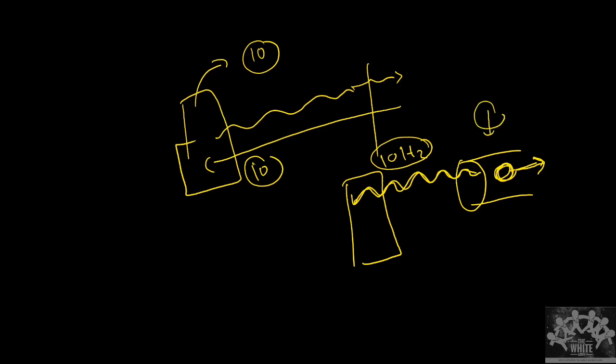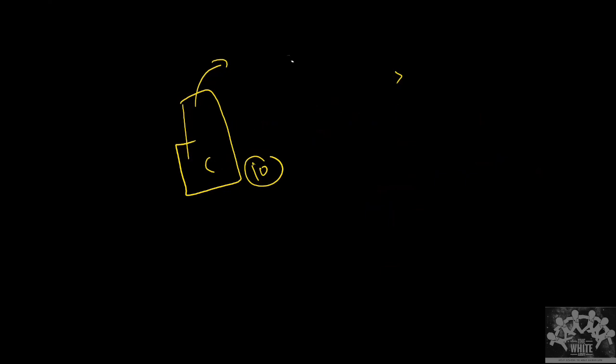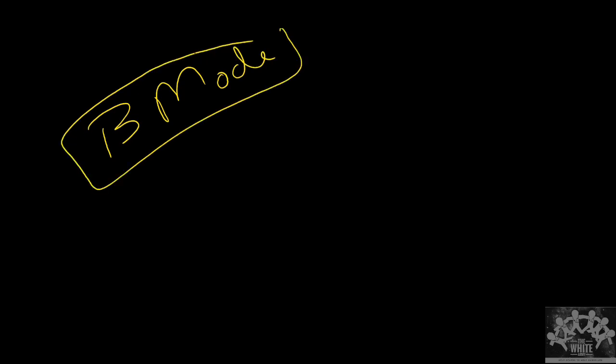Same principle. Now this is emitting the sound, but it is going away from the probe. So whatever sound gets reflected is of lower frequency. But this change in frequency is very small. It will not change the intensity of the sound. Like we saw in B mode, the brightness of the image won't be affected, but the computer knows I sent 10 hertz and I received 10 plus or minus 2x.